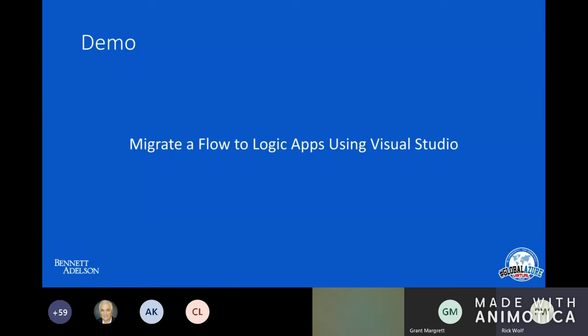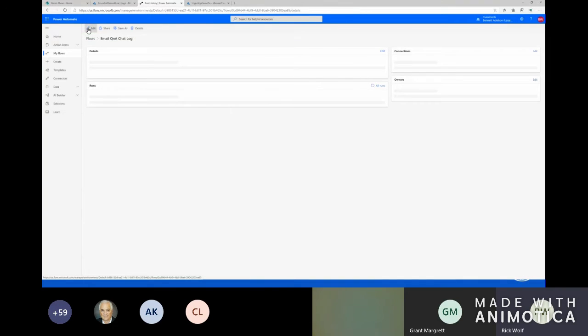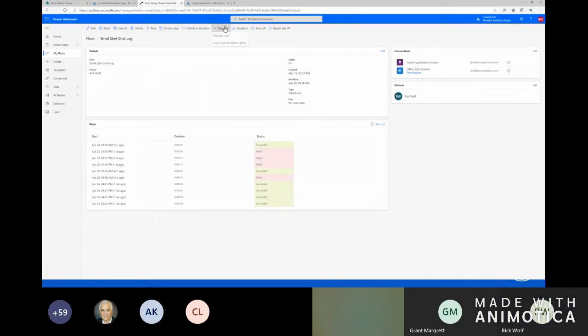So let's take a look at that same process, but now we're going to do it through Visual Studio. So let's go back to our browser, and here's our flow. We're going to go back to flow. We're going to export our flow, and it just downloaded as a JSON file. So let's switch over now to our Visual Studio,